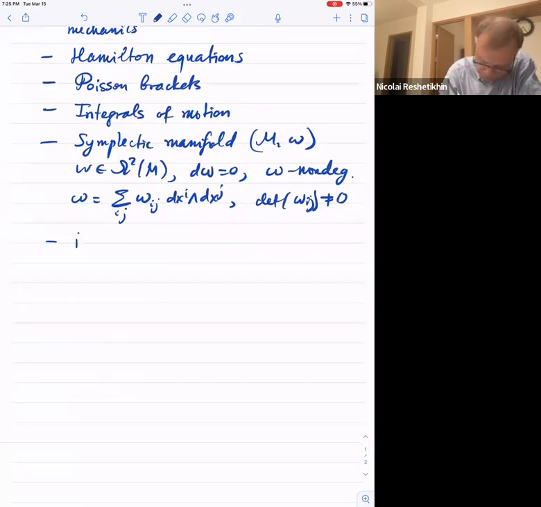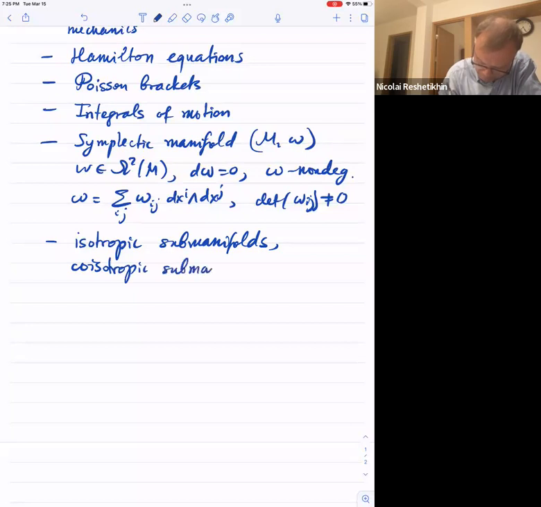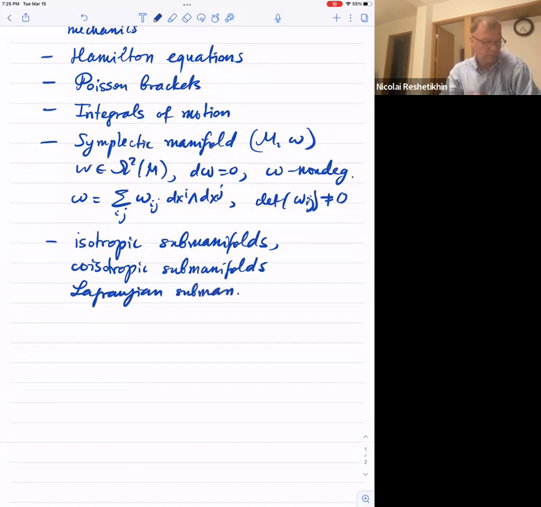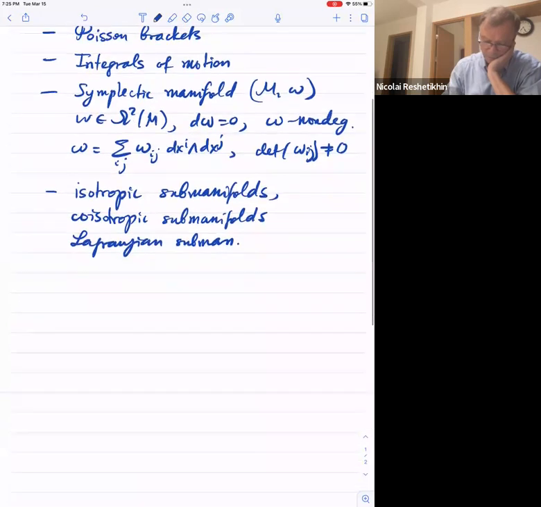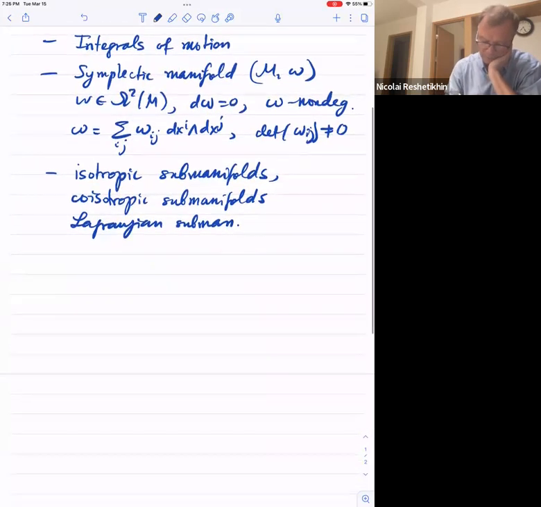So this notion is the notion of isotropic submanifolds, coisotropic submanifolds, and finally Lagrangian submanifolds. So these are all special submanifolds. I mean, you can characterize them in the following way. I'll just remind that it's